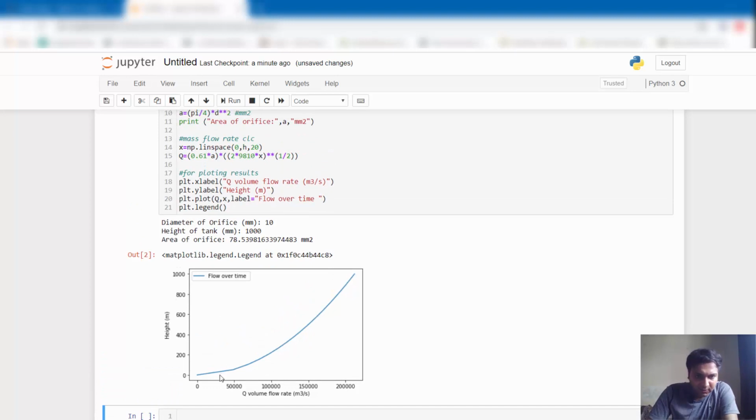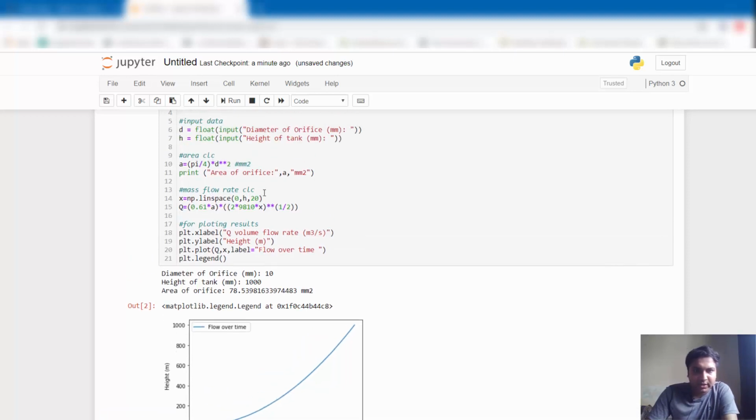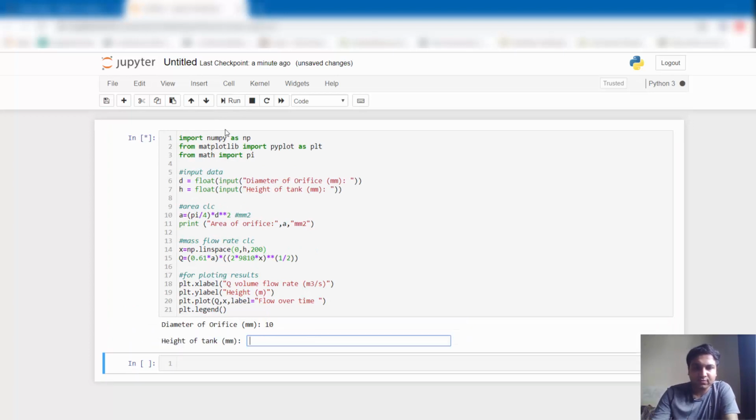Here you can see that 20 divisions is small, which means the curve is not smooth. You can increase the number of divisions. If you write 200 divisions, it means from 0 to whatever you input as h, it will divide into 200 times. So if we run this code,